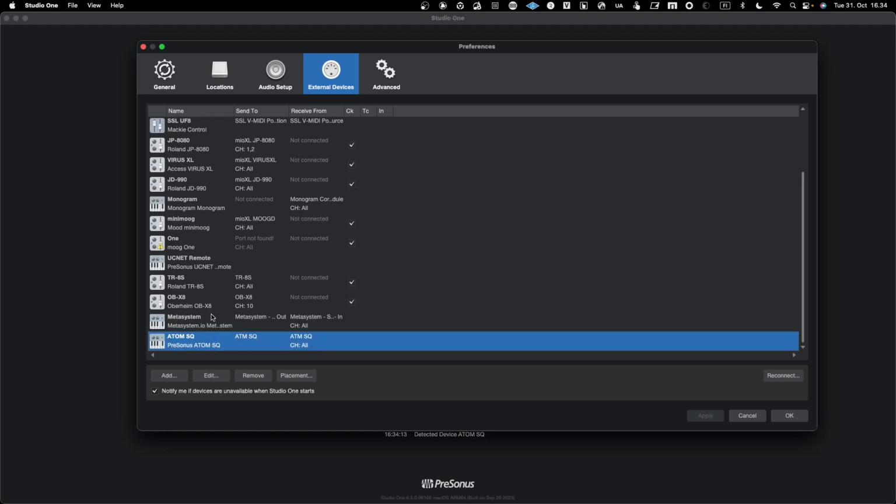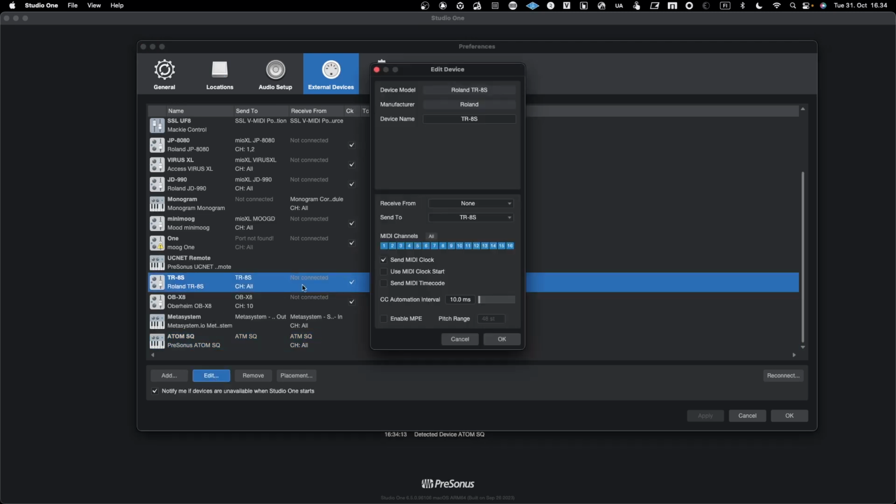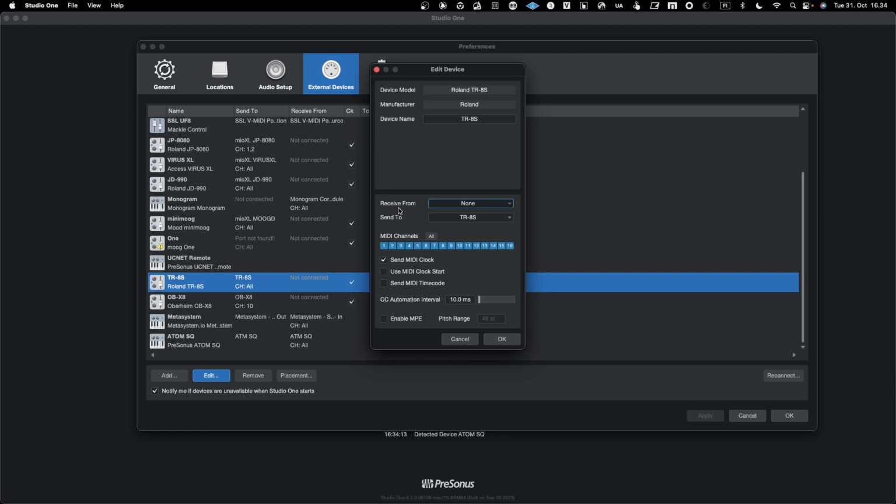If I would like to manually configure, for example, let's look at TR8S. Let's go to an edit mode, but basically there you have the device name, the manufacturer, and then you can define your own name for it. If you would like to receive MIDI messages, you of course define receive from and then send to, and I'm sending to all the MIDI channels